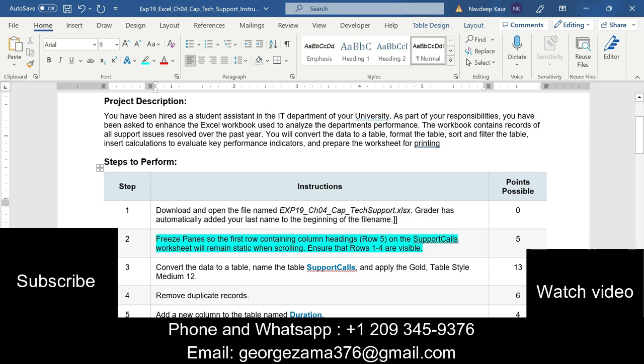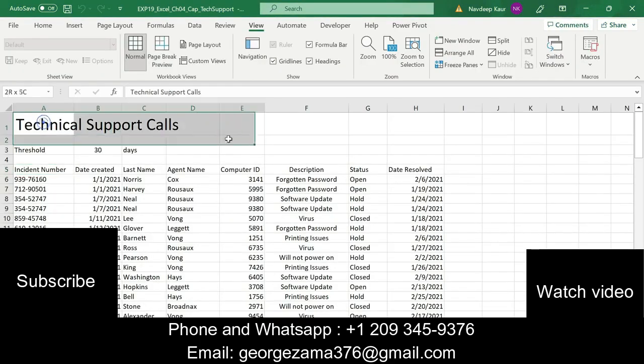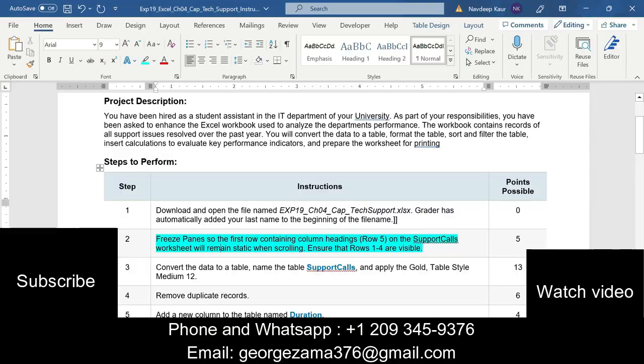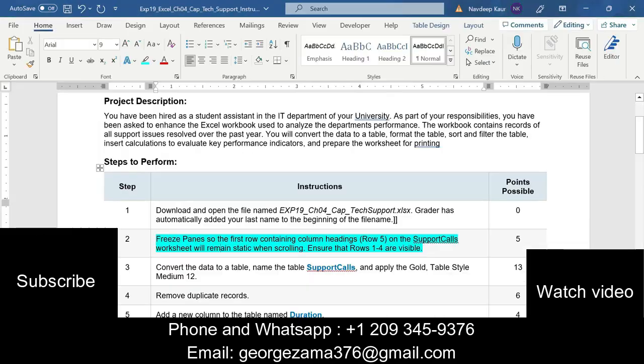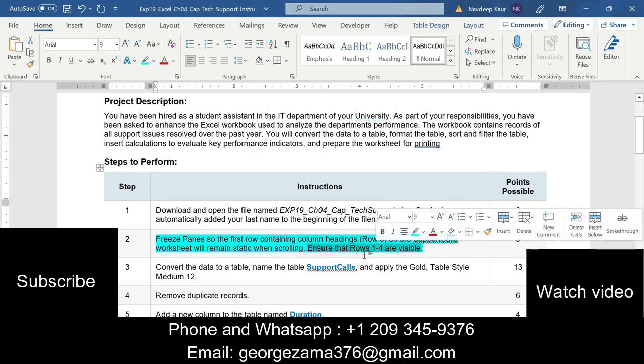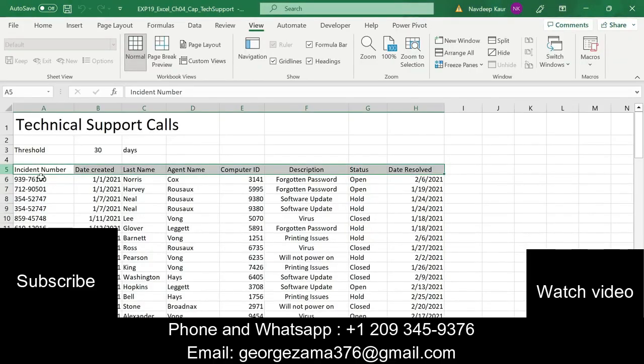Step number 2 is to freeze the pane so that the first row containing the column headings, this is row 5, on the support call worksheet will remain static when scrolling. Ensure that rows 1 to 4 are visible. So we are supposed to make row 5 static and rows 1 to 4 should be visible.